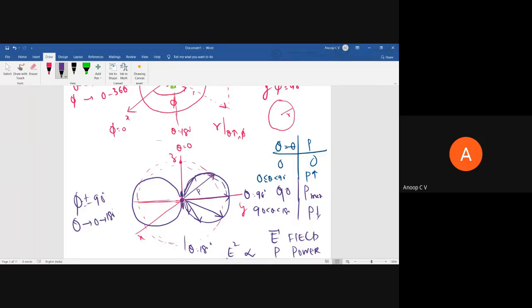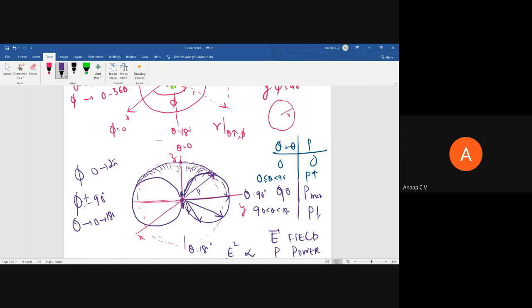Similarly, for all other values of phi, phi from 0 to 2 pi, for each value of phi I should vary theta from 0 to 180 and find the points everywhere. So what I'll get is something like this. If I complete that, I'll get a 3D plot like this. I've shown only the part behind the board. It's like a donut, or a medu vada or whatever.